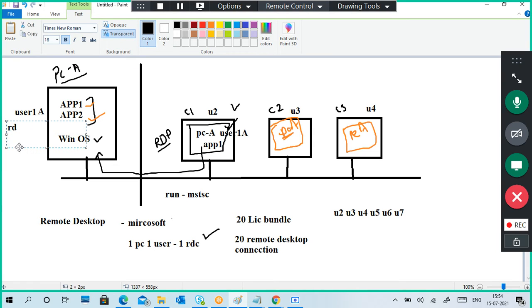So for this remote desktop, I have to add these users into that one. So there is a group or a license related. So how many licenses are there? Those many users you can create in your main system. So these are all remote desktop users. So user 1A can access PCA directly, but